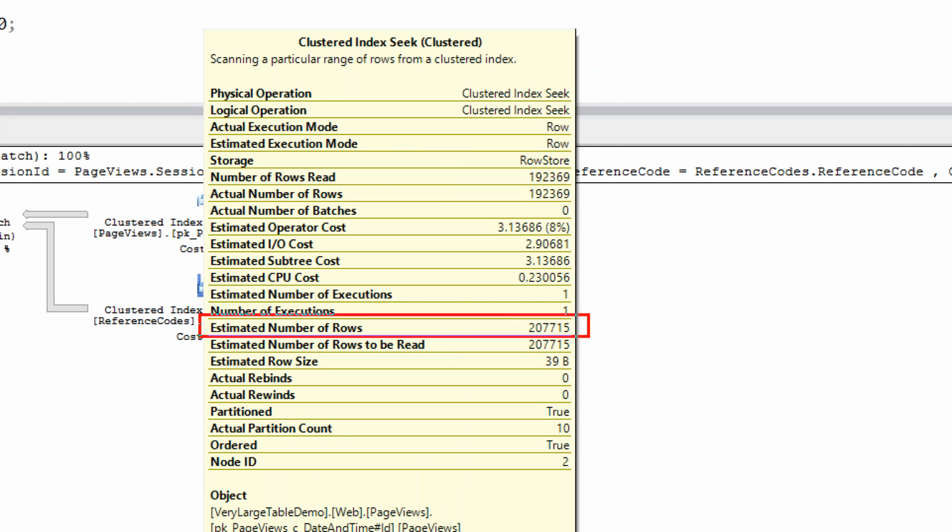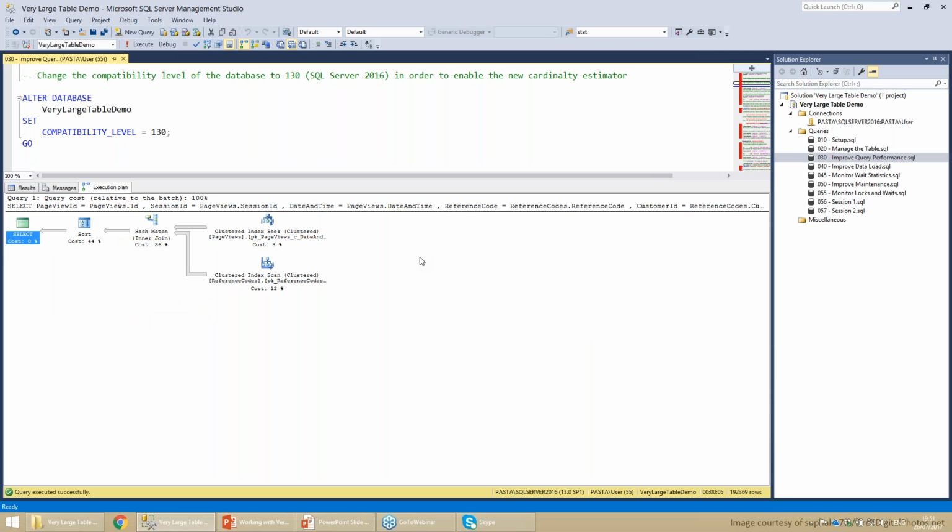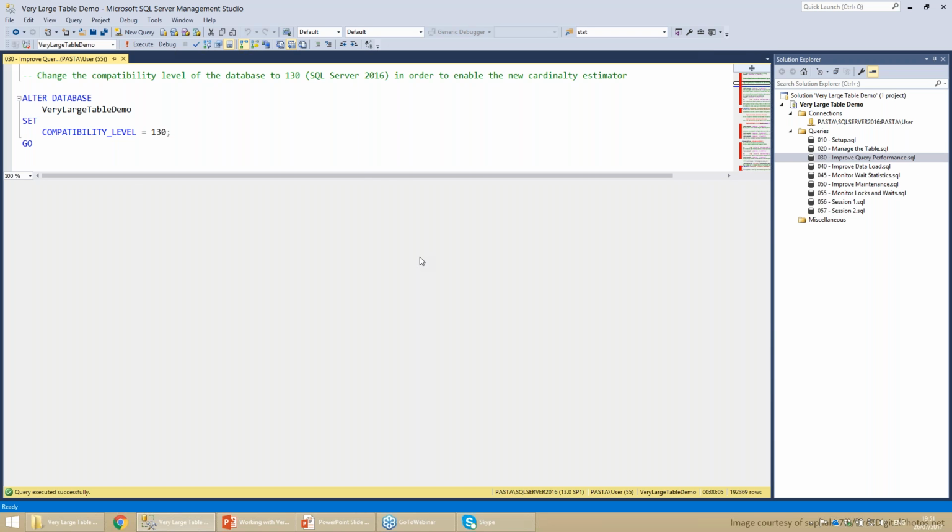It's not 100% accurate, but it's much better than before. It's not just one, it's a much better estimation. And now the optimizer knows it should use a hash match join and not nested loops. So we did that by just upgrading to SQL Server 2014 or 2016 and changing the compatibility level, not doing anything else. Now the optimizer does things much better.